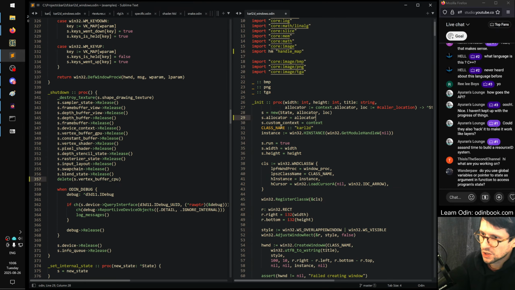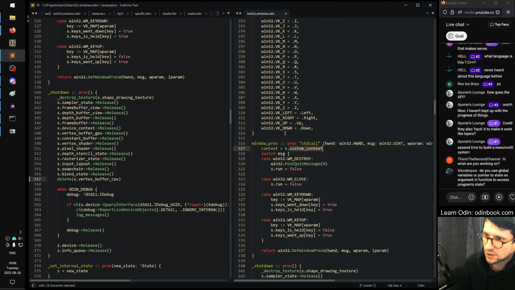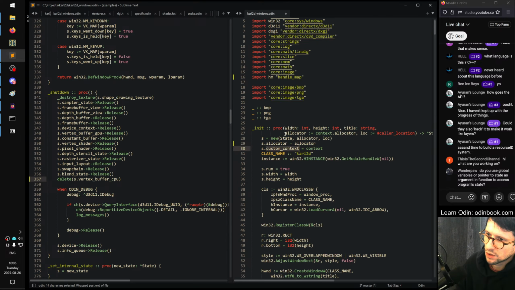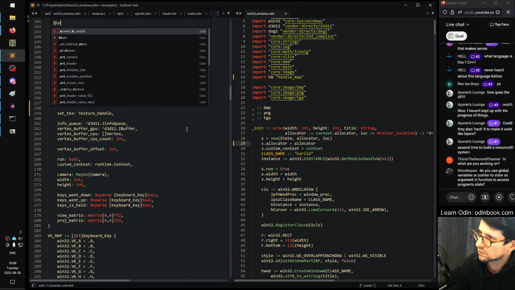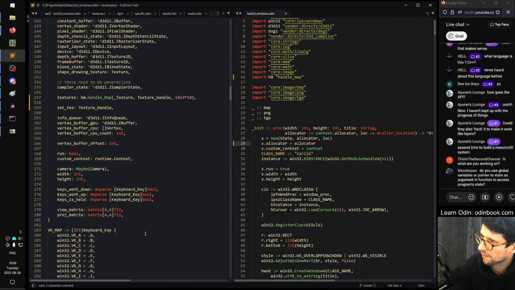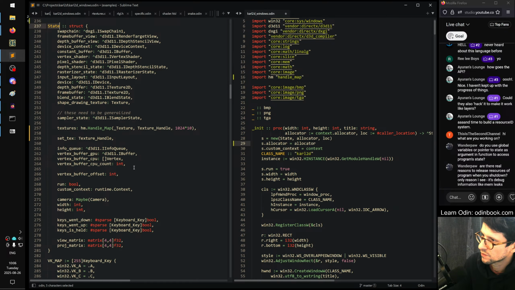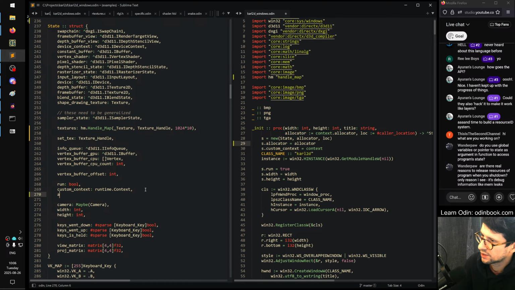What does this custom context do even? It's used in the window proc. Right. Well. Maybe I'll remove that later, but